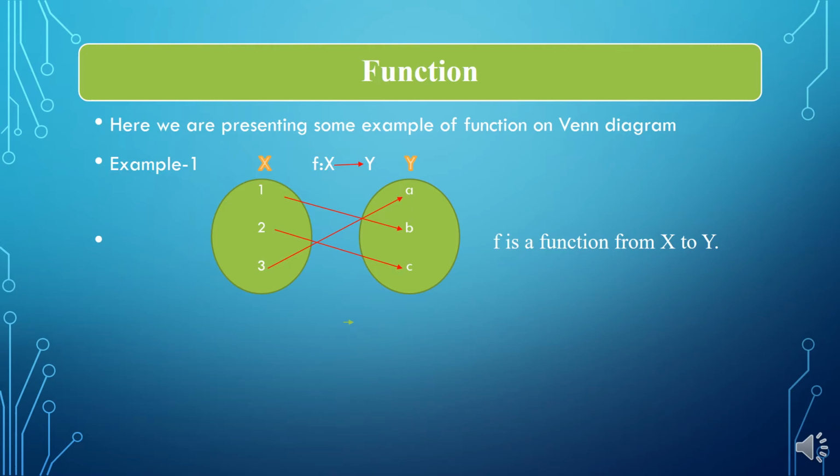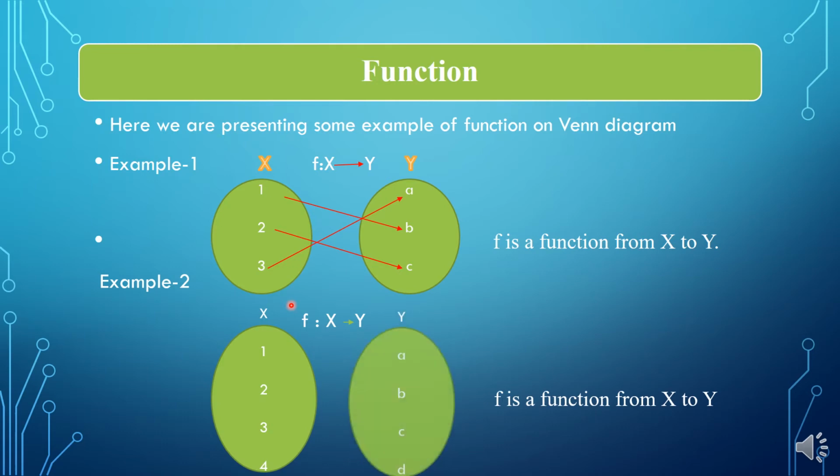So every element of set x has exactly one image in set y. So it follows the condition of the function. So f is a function from x to y. So simple, yes? Now let us come to the second example,